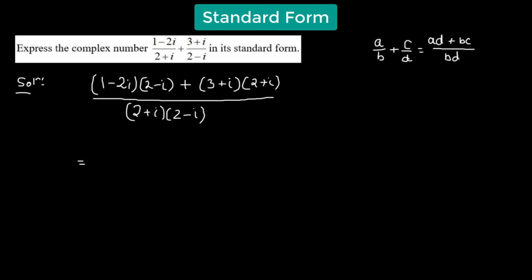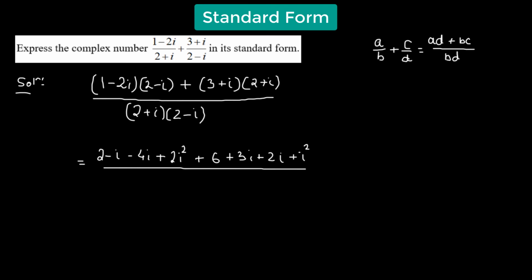This will give us 1 times (2 − i) is 2 − i, −2i times 2 is −4i, and −2i times −i is simply 2i squared. Then we have 3 times 2 is 6, 3 times i is 3i, i times 2 is 2i, plus i times i is i squared, divided by, now the two complex numbers in the denominator are complex conjugates of each other, so